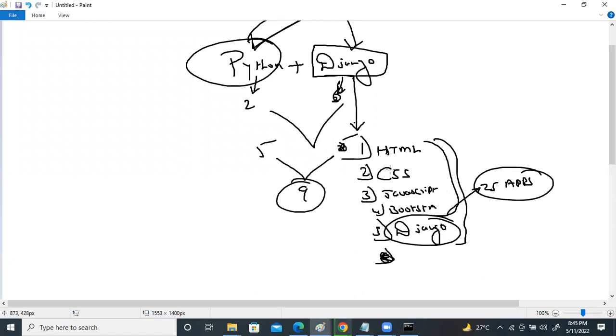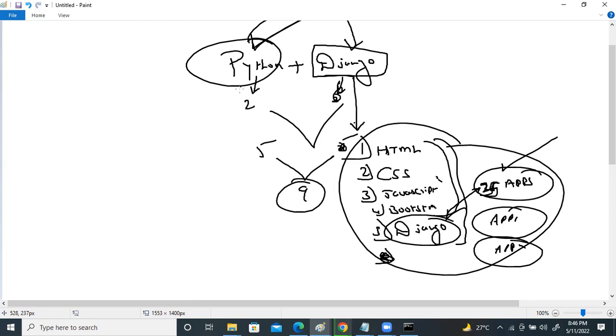So here I'll be going with HTML, CSS, JavaScript, Bootstrap, and the Django framework. I'll be showing you 25 applications, and you will be doing these applications parallelly along with me, whether you are attending offline or online. Step 1, step 2, step 3, step 4, step 5. Once you get the output for application 1, we go with application 2, application 3, application 4. In this way, 25 applications will be discussed as part of this Django course.